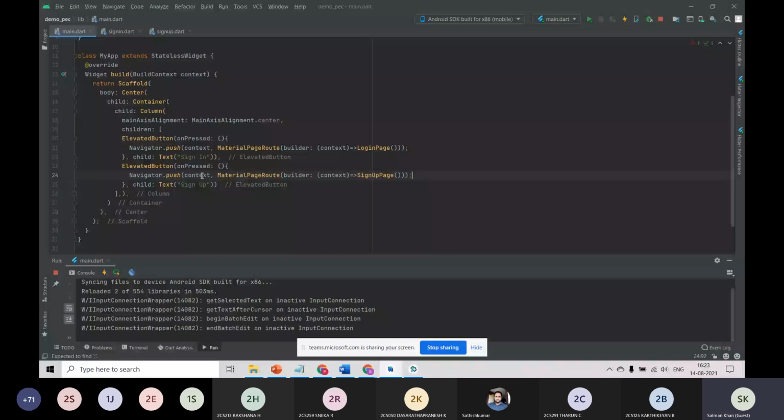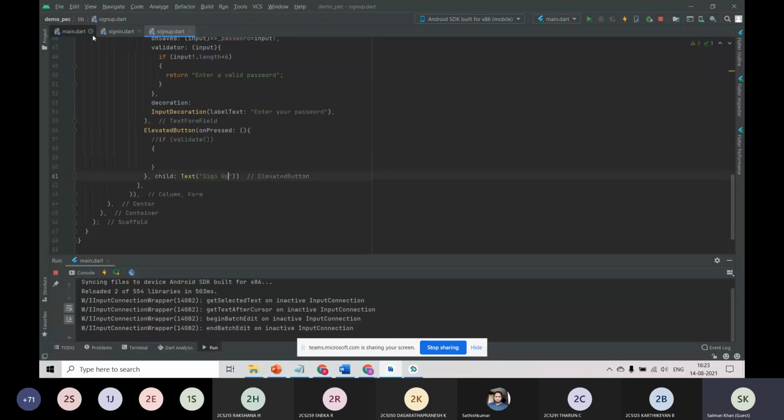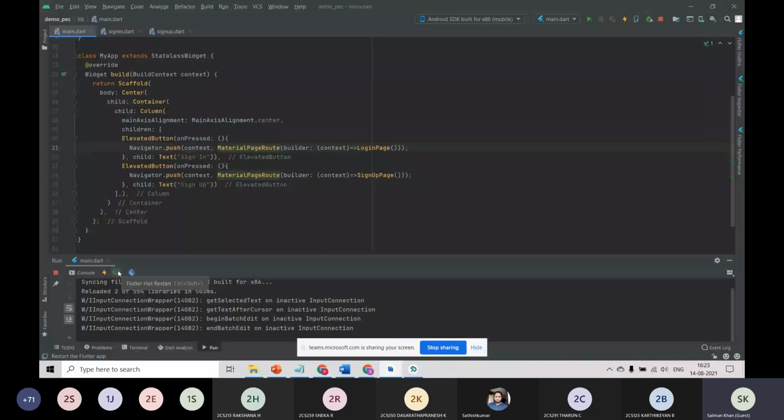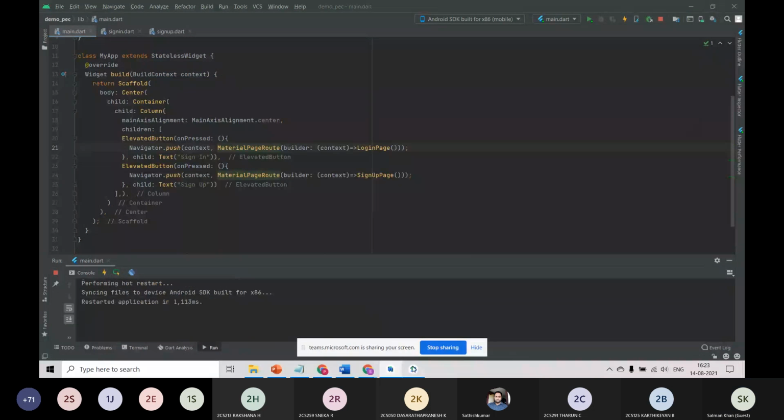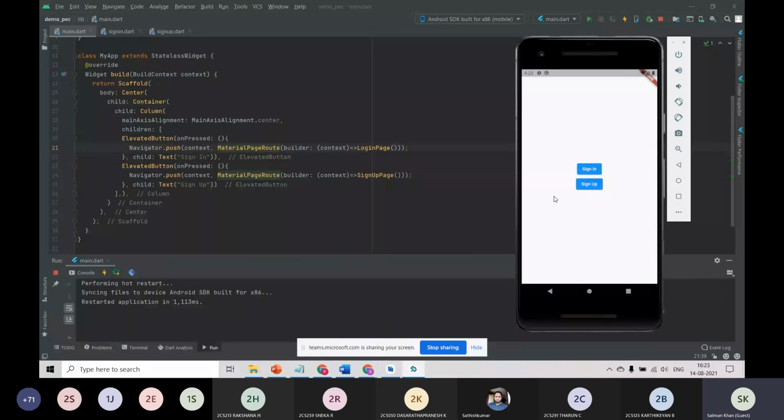I think now everything looks good. Let me restart the entire application here. Then I press sign up. Yes.